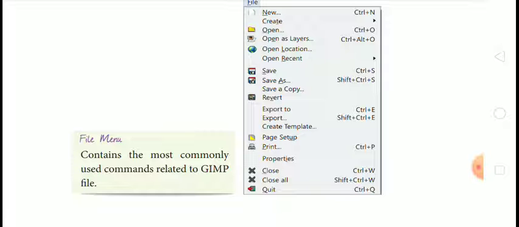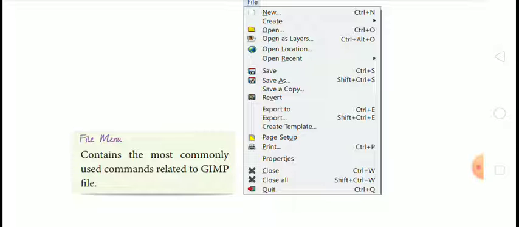Then close all. If you use this option, all the windows will be closed, and the shortcut key is Shift plus Control plus W. When you press Shift plus Control plus W from the keyboard, all the open files will be closed. Then next is quit option.